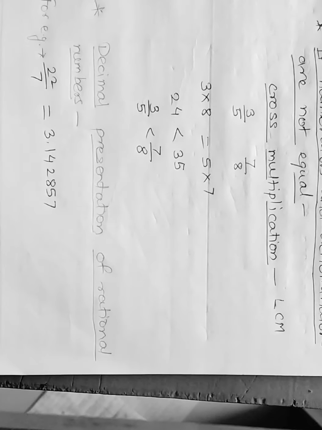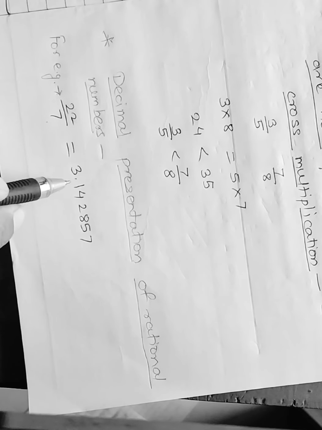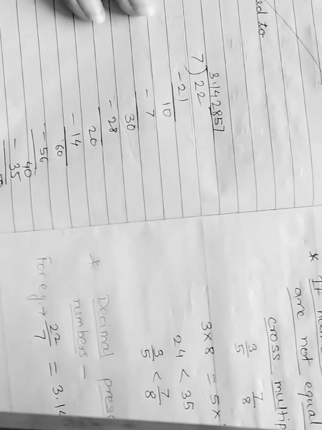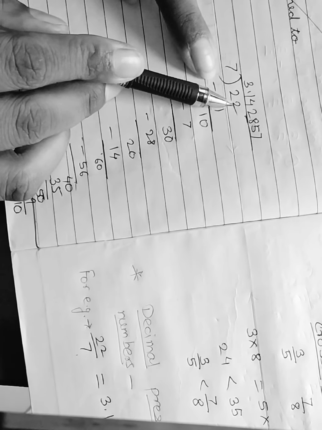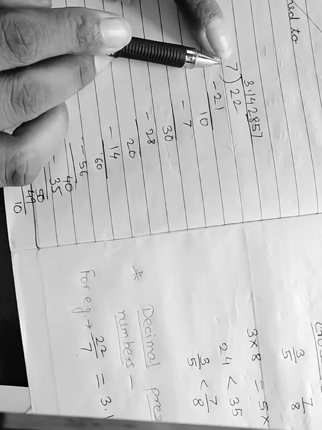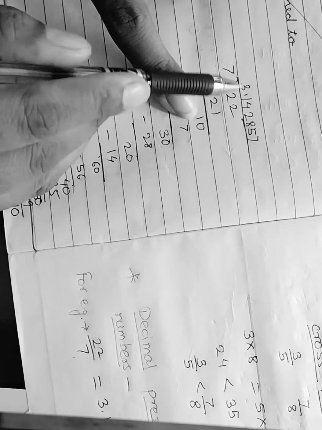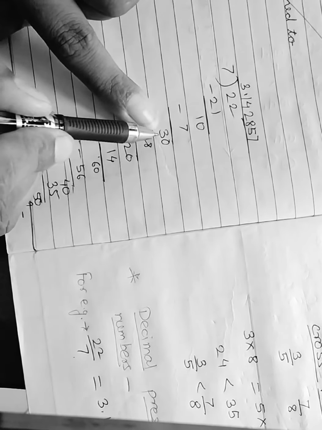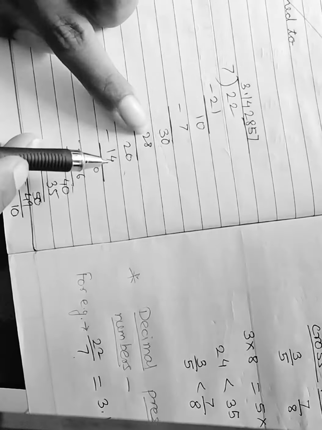Next, see. Next one. For example, 22 upon 7. The division for this comes to 3.14285 and so on. See how. See here, the upper number is inside and the divisor 7 is outside. 7 threes are 21. Remaining 1. Then after that, decimal point, 0. Again 7 ones are 7. Remaining 3. After the decimal point you can take 0. 30. Then 7 fours are 28.